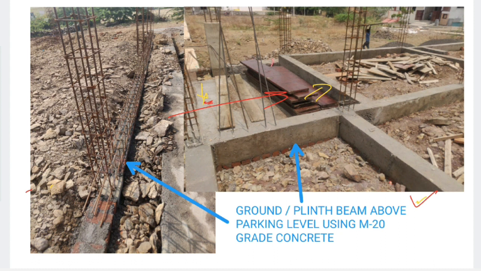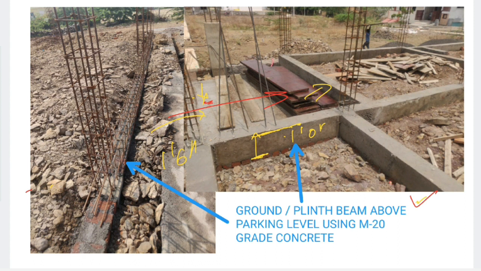Here we have a parking level. This is the parking level, the bottom of this beam is the parking level, and this one we call the top of the beam level or plinth beam level. Only 1 feet plinth is not sufficient from the parking level. Here from the ground the plinth is around 1 feet 6 inch, whereas above this we have only provided a 1 feet beam. It is not sufficient.